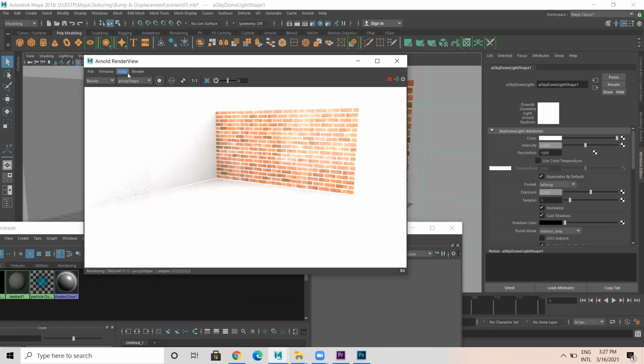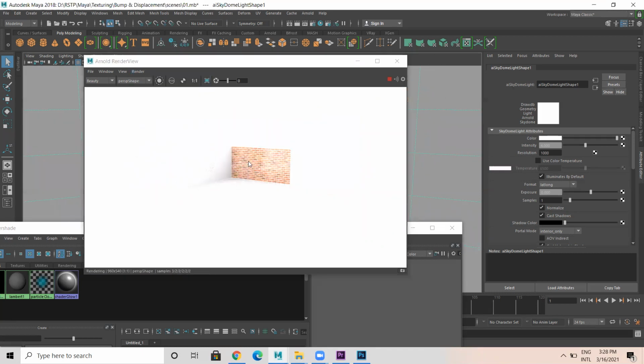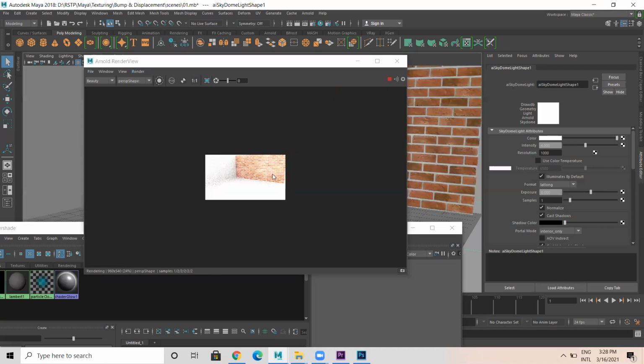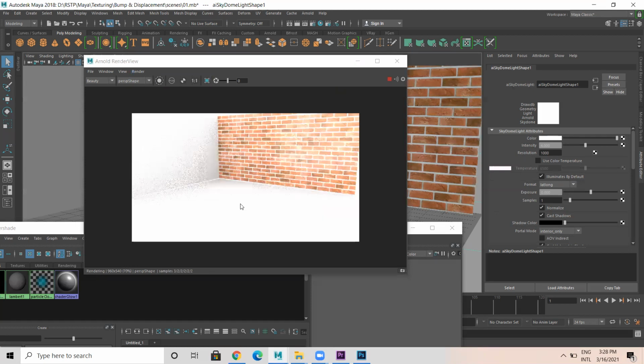IPR is interactive photorealistic rendering. It is on. It means when you zoom out here, the same is going to be applicable here. Zoom in, it's like this. And you can see the entire area like this.